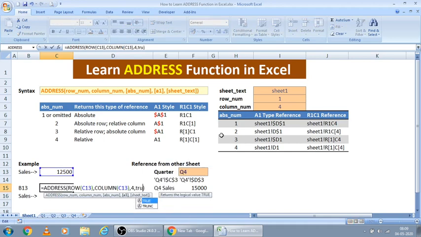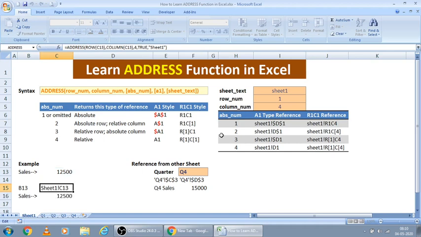Now you can even insert a sheet name here, as sheet text, to refer to the current sheet. I am just inserting Sheet1. In this case, all these inputs can be given dynamically by linking to other cells. If we give any wrong input, it will show an error value here, and the output based on that cell will show an error value.